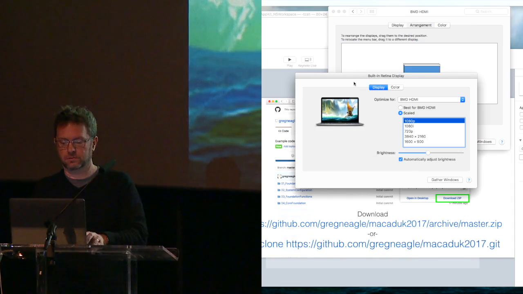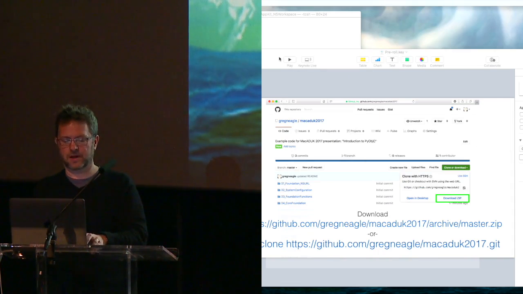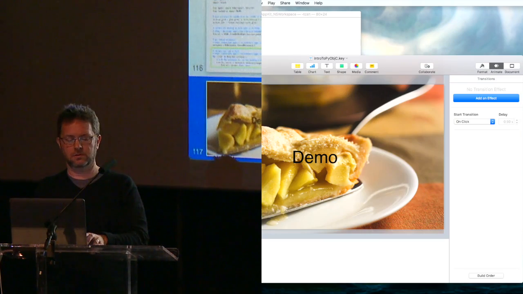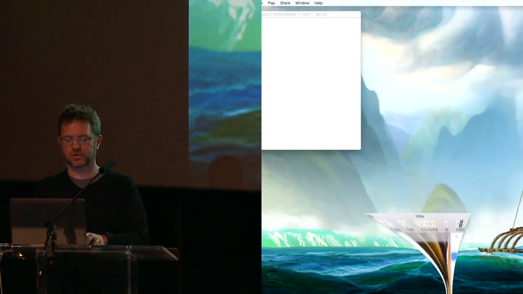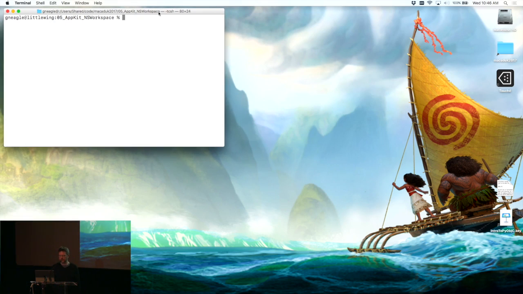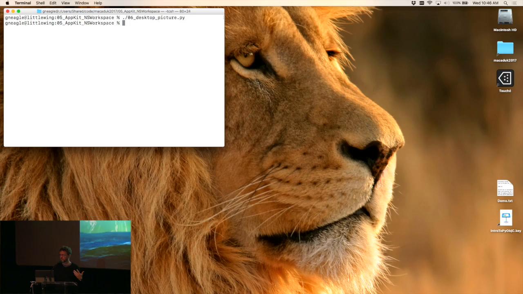So let's get rid of that stuff. And I shouldn't close that, I should hide that. Okay, so I've got a lovely, lovely background image. Love it a lot. But I'm going to run that script. Again, it's in your sample stuff. And it will select a random picture. I can run it again,